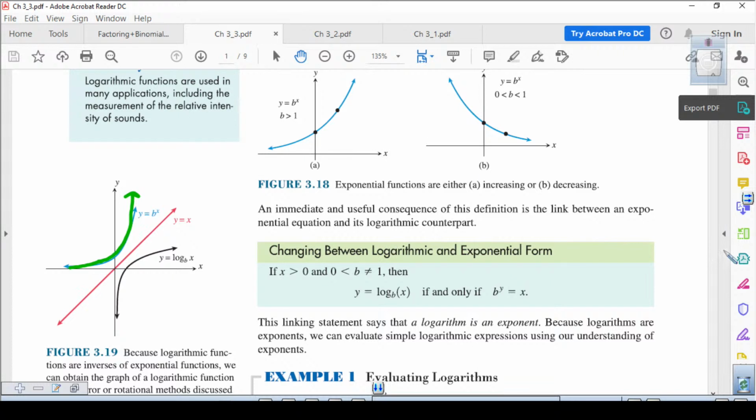I see some said replace, switching y and x's with y. That's true, and then you solve for y, and then you change that y to f of x. That is very true. That was algebraically. That's what you do, by the way, right? So how do you find the inverse graphically? That's what they're talking about here. You find the inverse graphically by using the y equals x line. You reflect over the y equals x line,